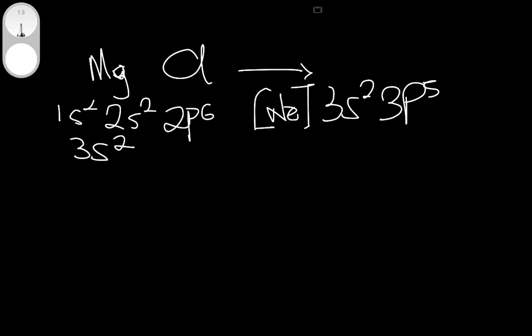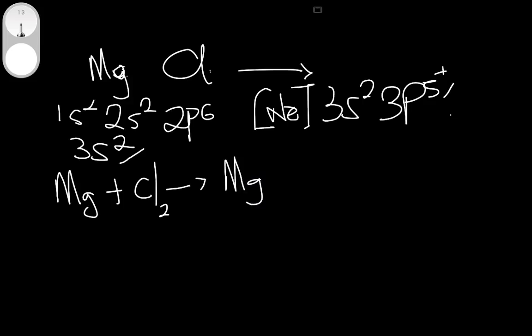Okay, so sodium needs one electron to achieve a stable state, but magnesium has 2. So in this equation we need two atoms of chlorine to react with magnesium so that they can accept these 2 electrons from magnesium, one here and another one for the other chlorine atom. So what will happen is Mg plus Cl2 will give us Mg